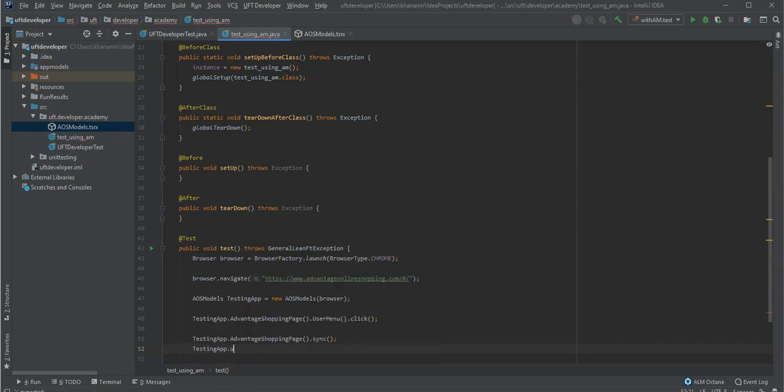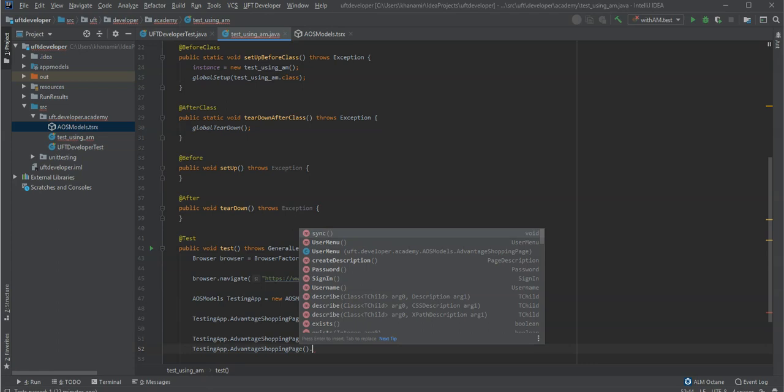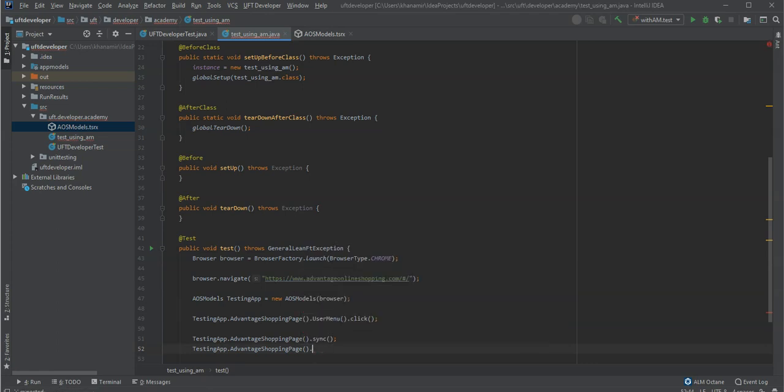This is the username. Let's go to the page itself. Now enter the username. Yeah, here you go, the username. Now here I don't do a click, I will set the value, and the value will be, let's say